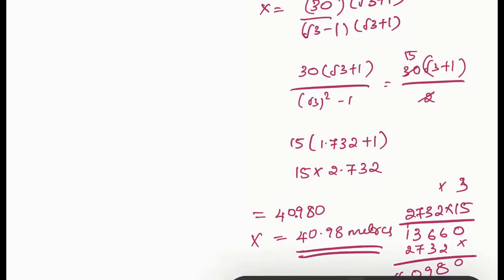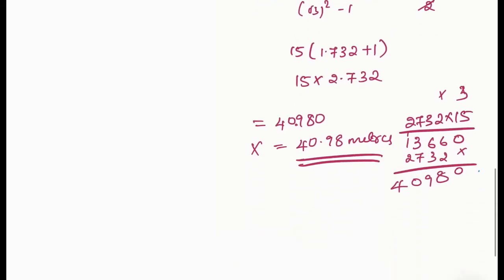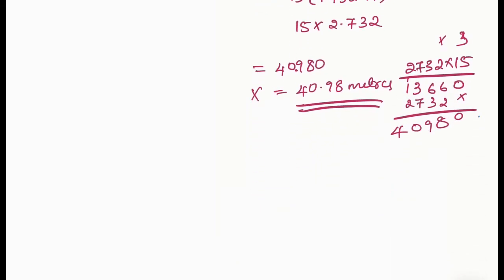Okay, now let me do question number 2. Coming to the second question: find the height of a tree when it is found that on walking away from it 20 meters in a horizontal line through its base, the elevation of the top changes from 60 to 30. So the height of the tree, let me take it as AB.